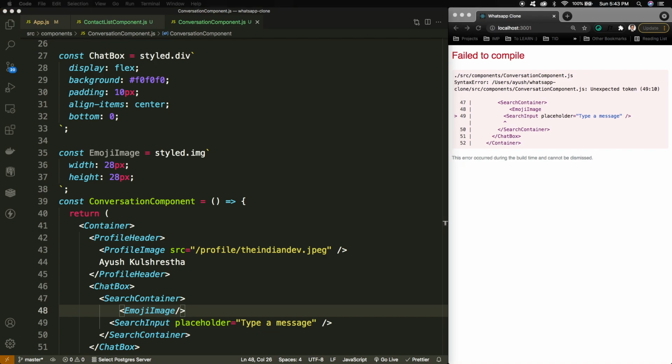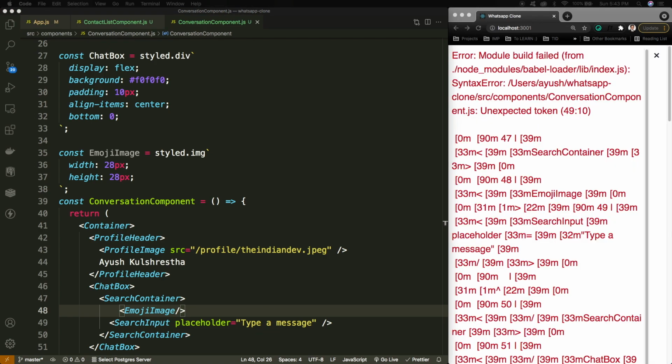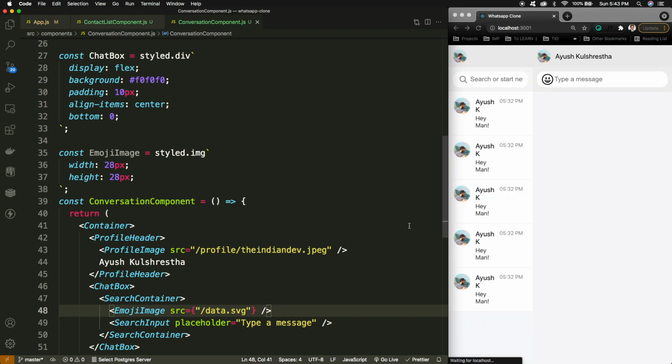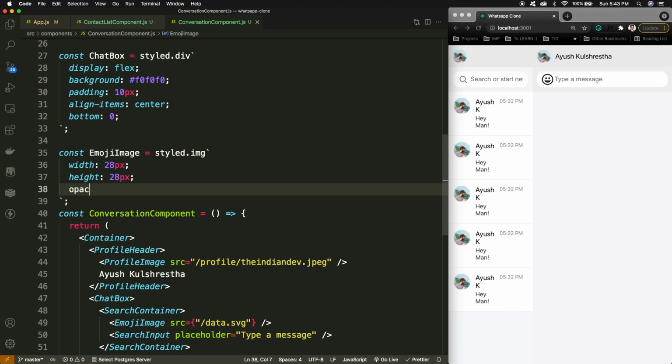And for providing the source I'm having this image as well inside my public directory, so I can have it like this. And let's see, yeah, so the emoji image is here. I can define some sort of opacity because it is a little darker, so opacity, let's take it 0.6.